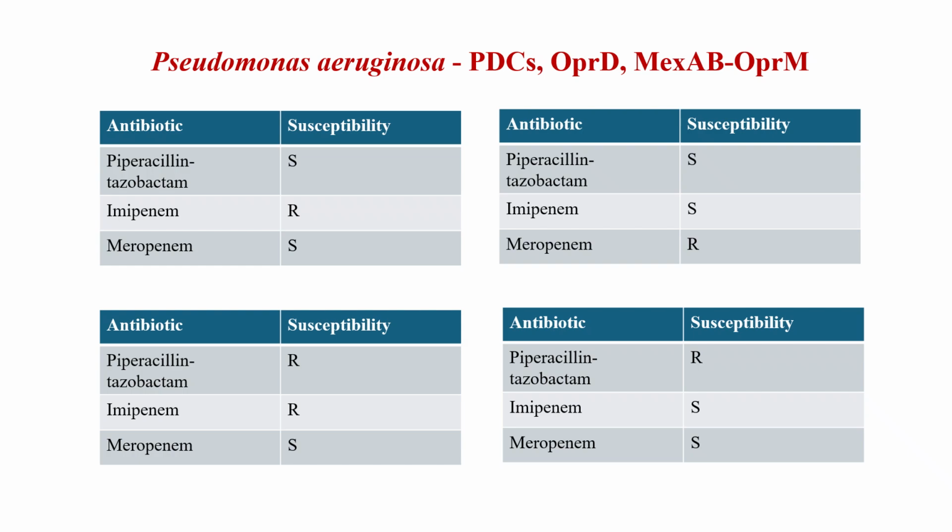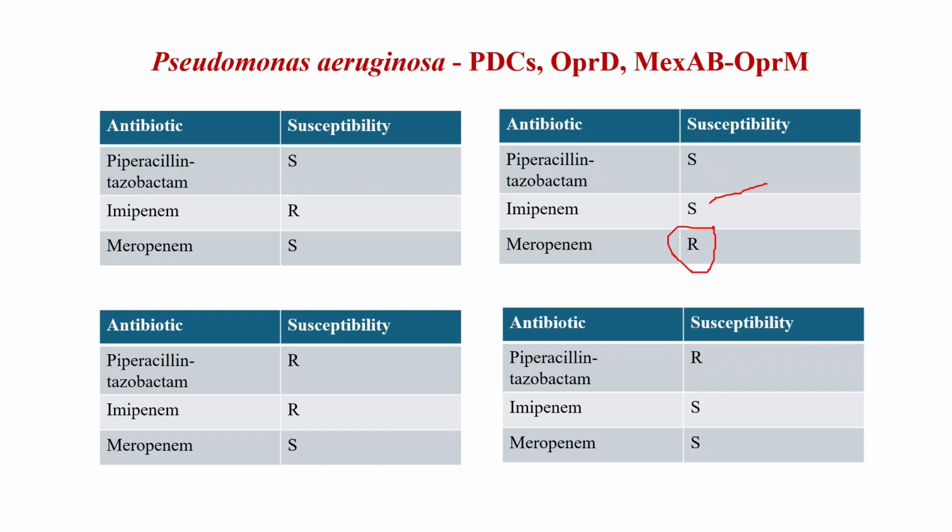Sometimes you might see culture reports not reporting meropenem, just giving imipenem susceptible, and many times the clinicians assume that if it is imipenem susceptible, it will be meropenem susceptible also. But that is not right. You have to call the lab and ask whether the isolate is susceptible to meropenem or not. This mechanism of resistance can be explained by efflux pumps, because meropenem is more prone to efflux pump mediated